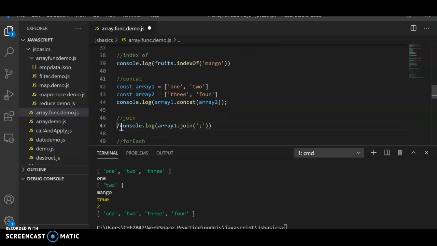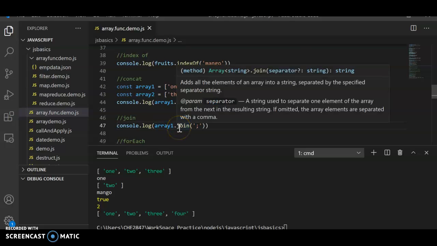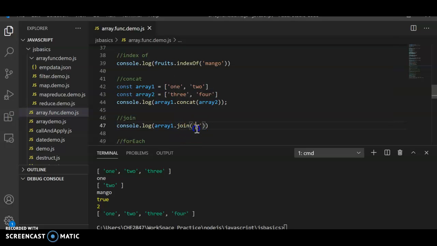The next one is join. So basically, join adds all the elements of an array into a string with the specified separator. Let's say you have an array, 1 and 2. Your requirement is that you want to combine them comma separated, as values in a string.